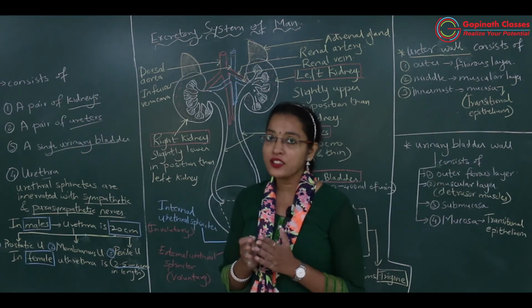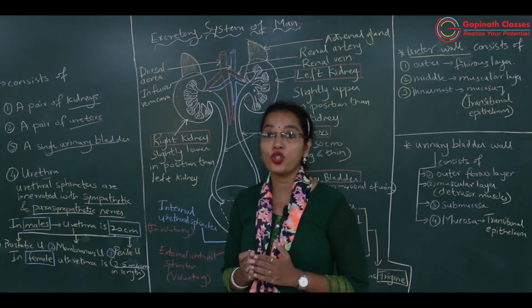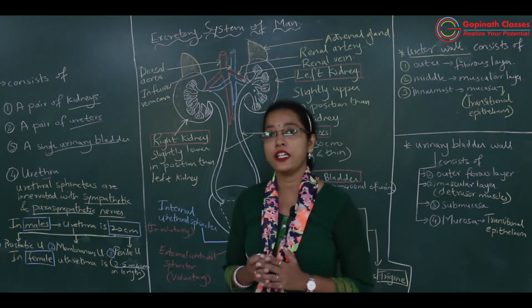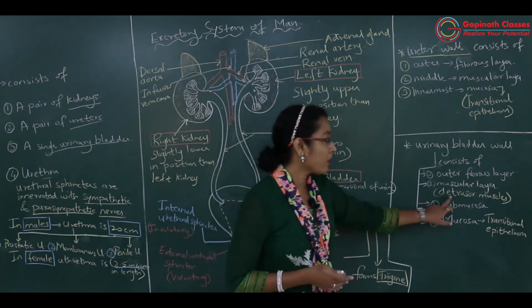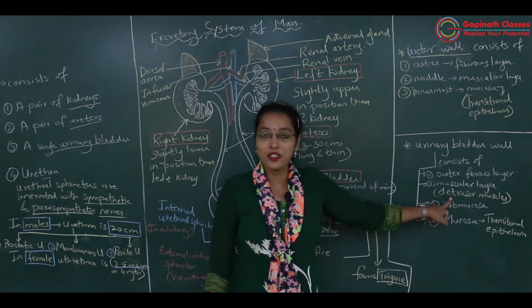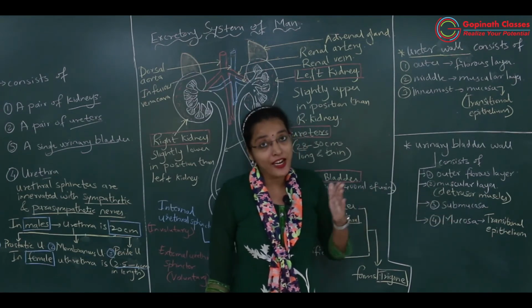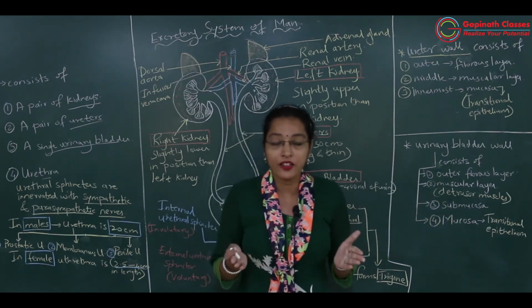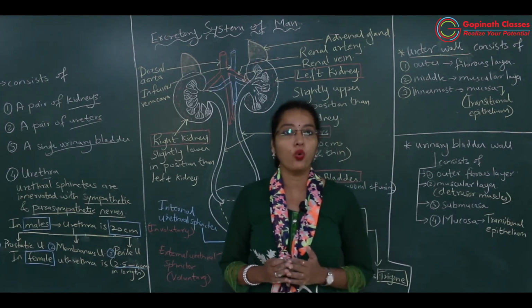Okay, so उसका size क्यों बढ़ सकता है urinary bladder का? It is all because of the smooth muscles, that is, the detrusor muscles. Detrusor muscles are the specialized muscles present in the wall of the urinary bladder, which expand the urinary bladder depending upon the volume of urine which has to be stored.